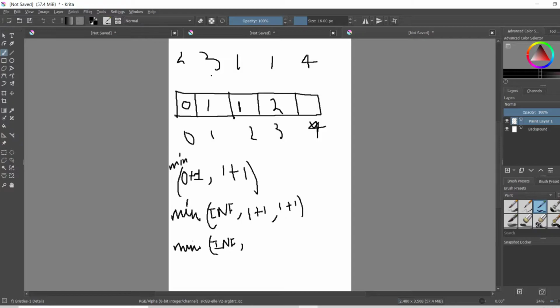Yes, because the minimum number of jumps required to go from one position to this position, you go to 1 plus 3, that is equal to 4, and you can reach it. And the minimum to reach this position, that is one position, is 1 plus 1. And from this, can you reach this position? No, I can't reach this position. Tell me why? Because the maximum reach is 3,